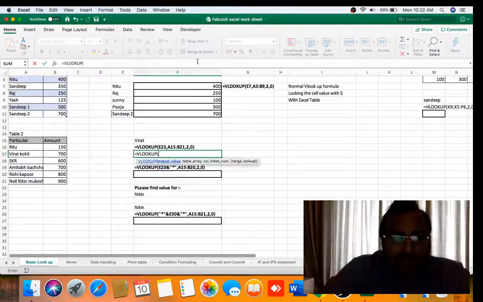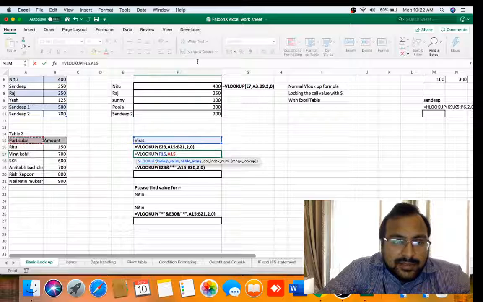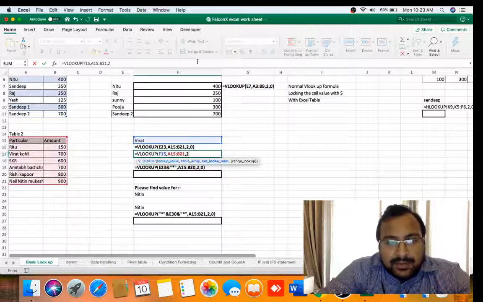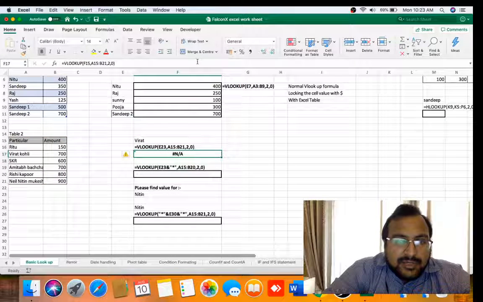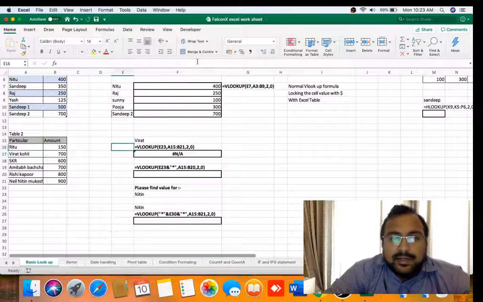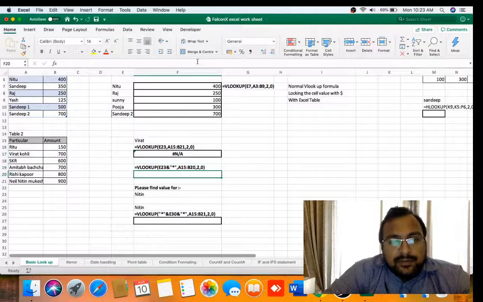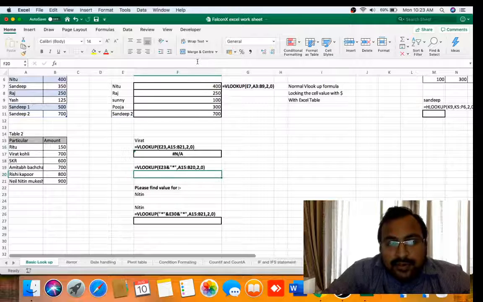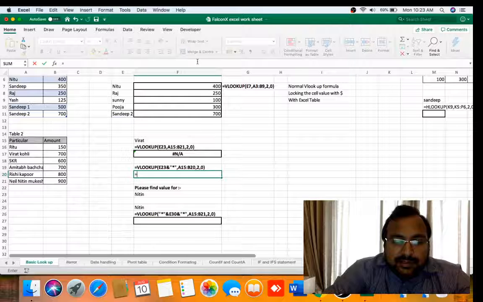If we do a normal VLOOKUP, Virat, this is the table array, 2, 0, enter. As you can see, we got NA because here Virat Kohli is there and here Virat is there. So how can we do a VLOOKUP with the base of the value we have?